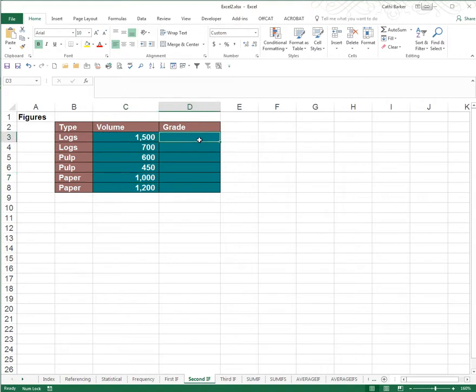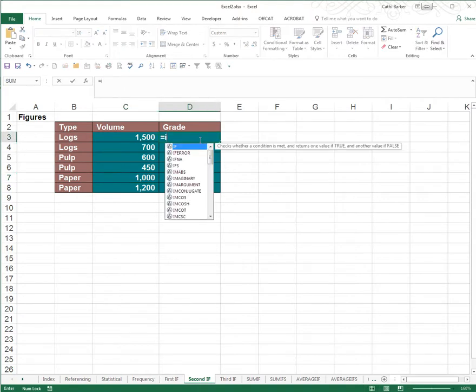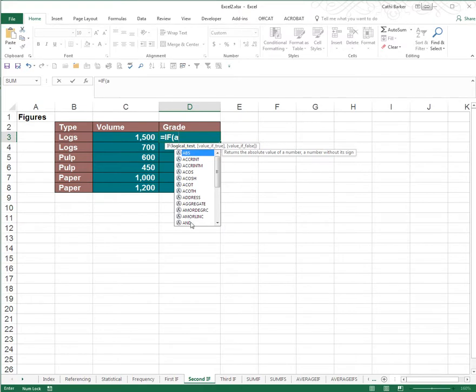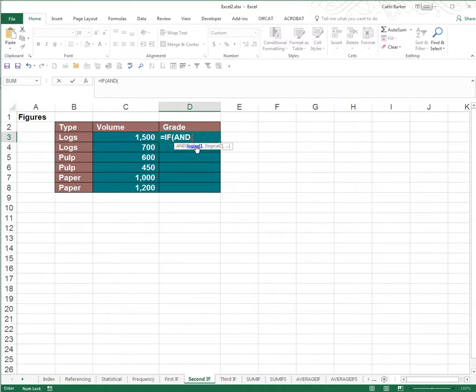So in D3, I'm going to type equals I, which means I can then double-click if. I'm then going to press A, which triggers all the functions beginning with A, and there's and. And I'm going to double-click and. Now I can put my first logical, and like the OR function, we can have up to 255 logicals, all separated by a comma. So if type, that's B3,